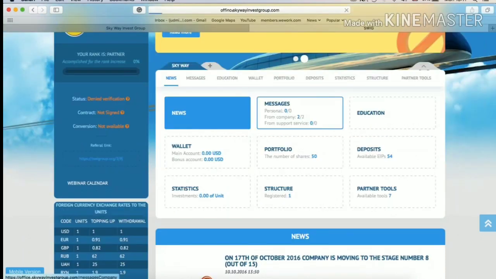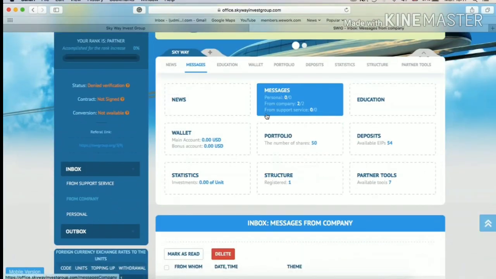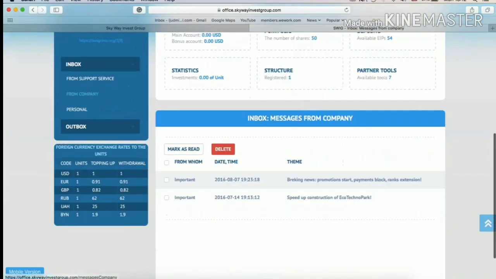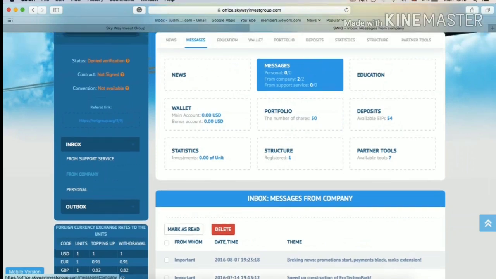Then you have messages. Messages are divided into personal, from company, and from support service. The personal, this could be any message related to you personally. Maybe if you haven't done the verification, or you haven't successfully attached the documents, then you receive a personal message about it. From the company, usually different updates, promotions, and from support service, if you raise a ticket with online